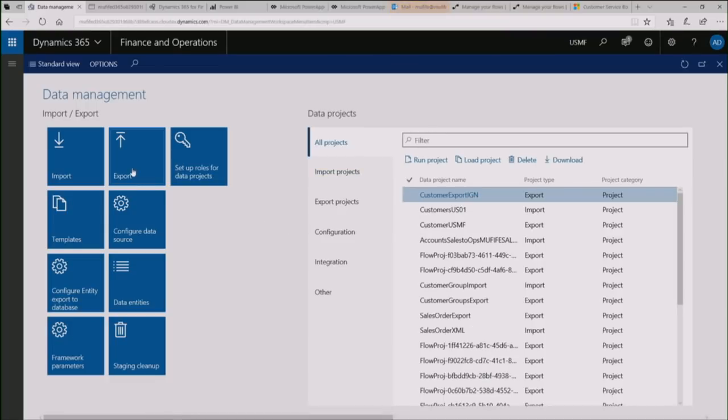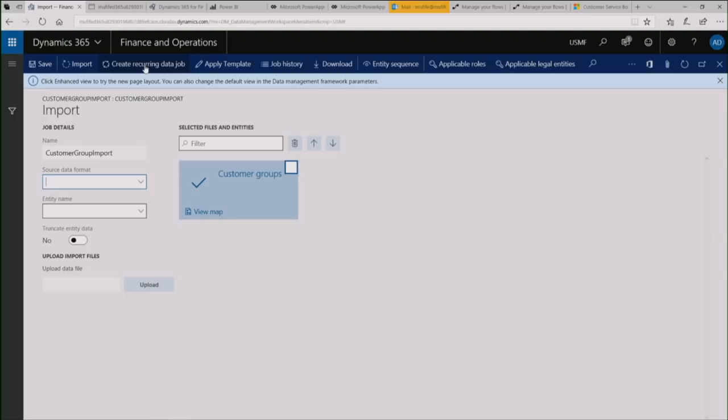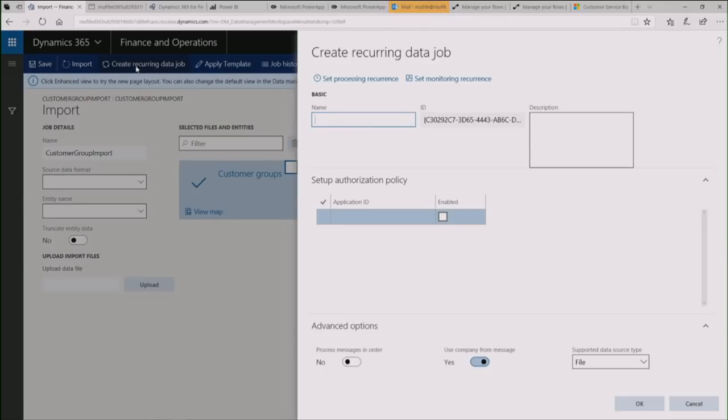Now, if you create a project, there's one clever thing that you can do. I can say that I want to create a recurring job. This creates a batch job. This is an import file. What this does is it just waits for information to come in. And it has this ID here, which is really important because what you can now do is